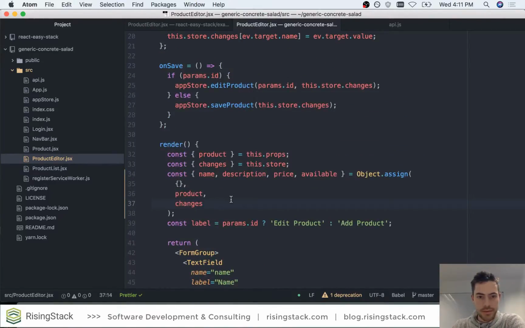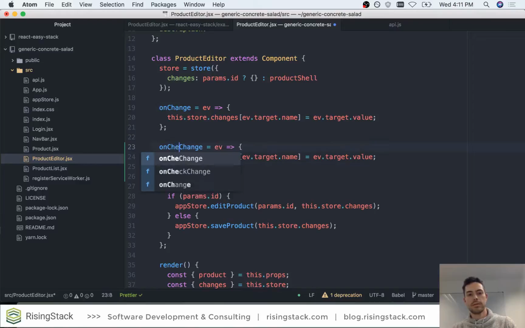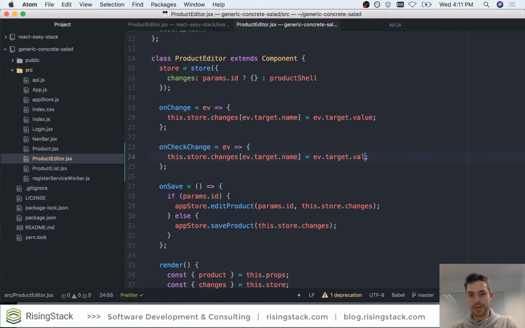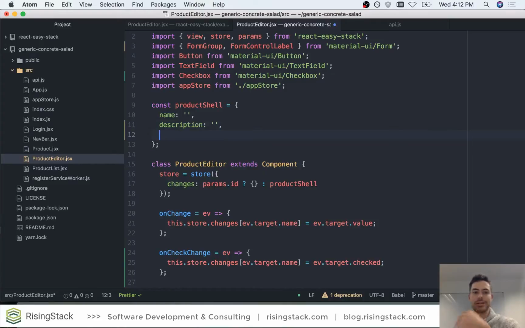A little bit of boilerplate here. And we're going to need an on-check change. So on-check change, and instead of having even the targeted value, we will just do checked, because again this is a property that's also available in DOM checkboxes. React is just mimicking that with the virtual DOM. And inside the product shell, I am using this to document what kind of data I will have,